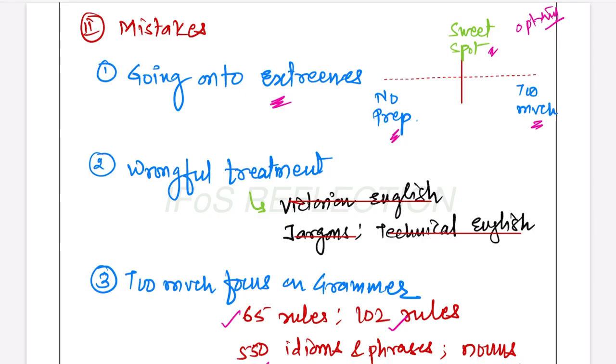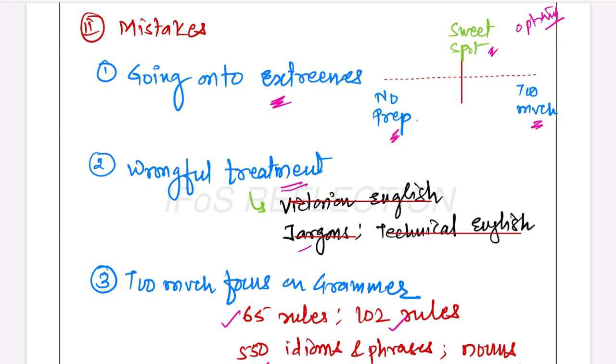Secondly, there is a wrongful treatment of the paper. Like I have said earlier, people do treat this paper very differently. Again, I'm repeating it: this is not a paper for Victorian English. This does not require you to know jargon. This does not want you to have expansionary vocabulary. This wants you to have a very workmanlike, very useful and very crisp ability of understanding